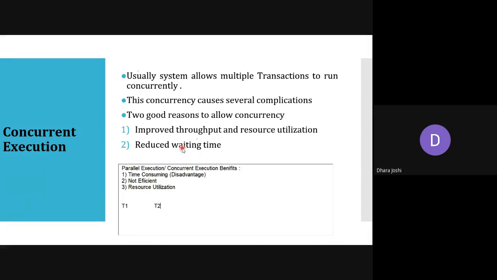And the next one is that it will improve your resource utilization. If from the entire India only one ATM is utilized, then it will not be proper resource utilization, because most of the time your ATM will be idle. It will not be possible in a practical scenario. So it will improve resource utilization and improve throughput. Throughput means, in a particular time slot, how many transactions are going on? It is called throughput.